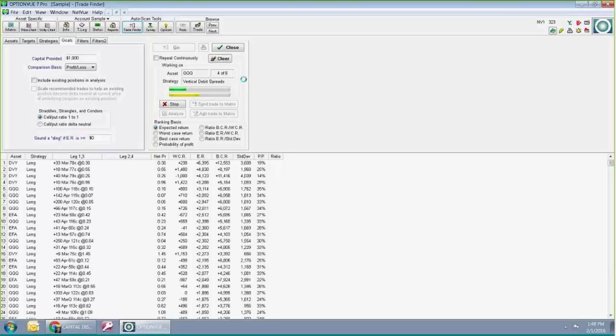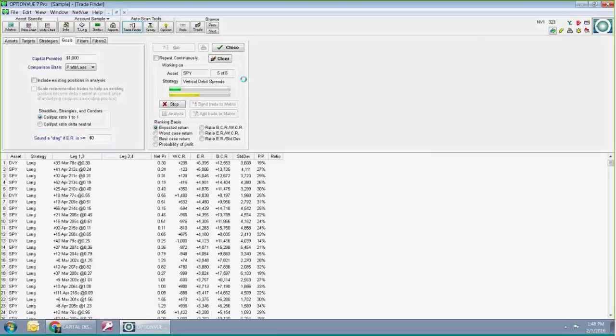Now, of course, this always works better in a group if you're looking at a group of stocks that have similar characteristics. If you're putting in a few tech stocks, it's probably okay. How about the FANG stocks: Facebook, Amazon, Netflix, Google?